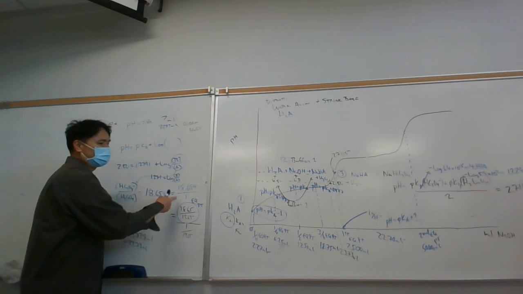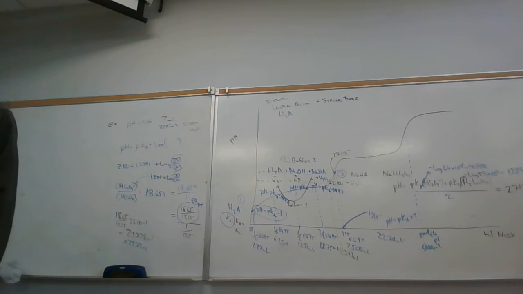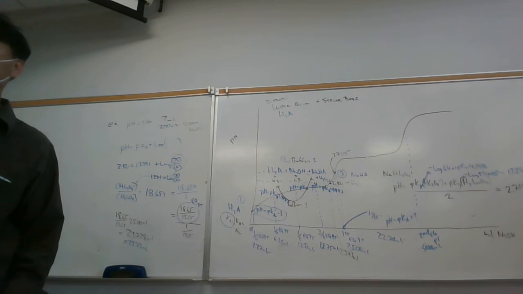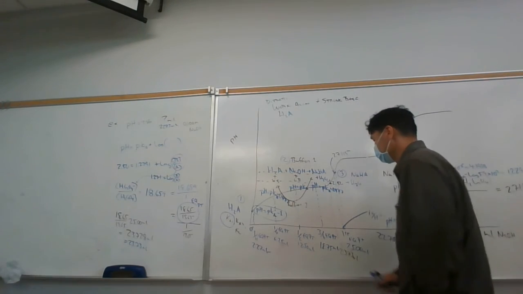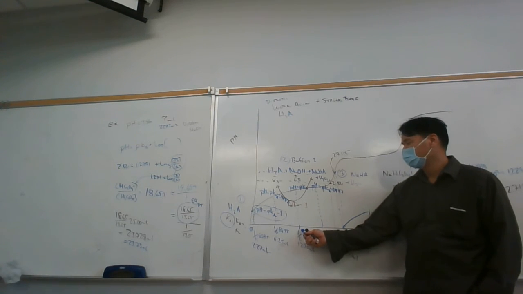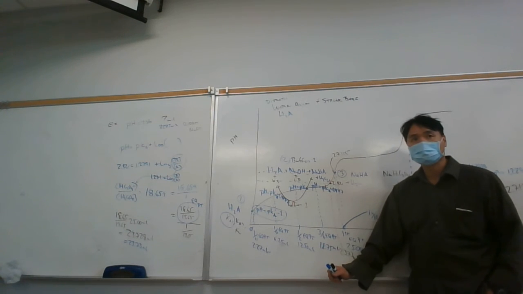So if I have 18.659 parts of base and 1 part of acid, how many total parts are there? In other words, this might be a little easier. If I have 12.5 parts of base and 12.5 parts of acid,